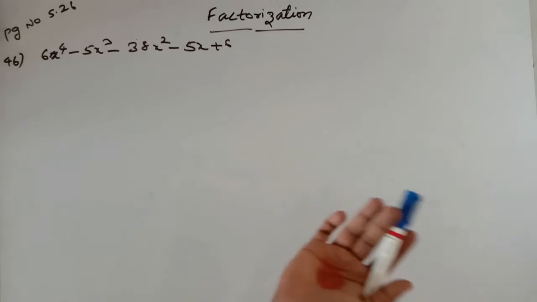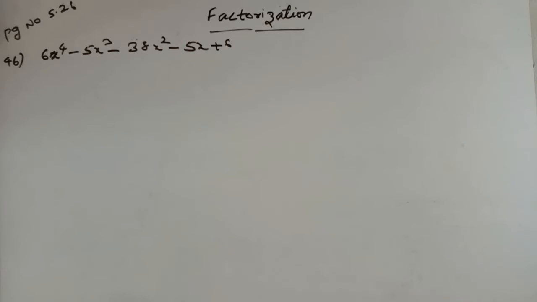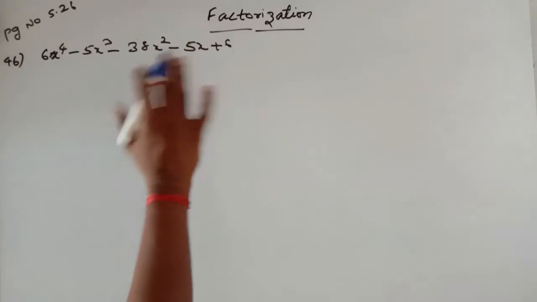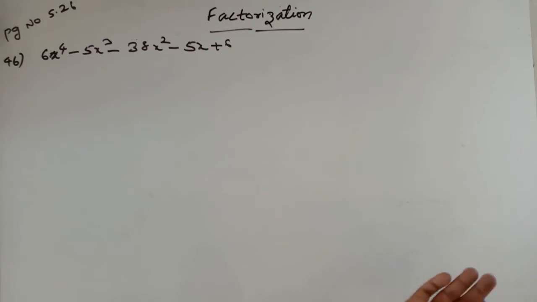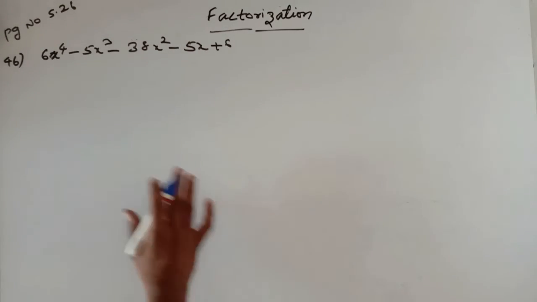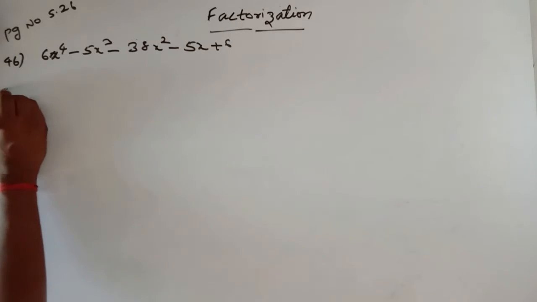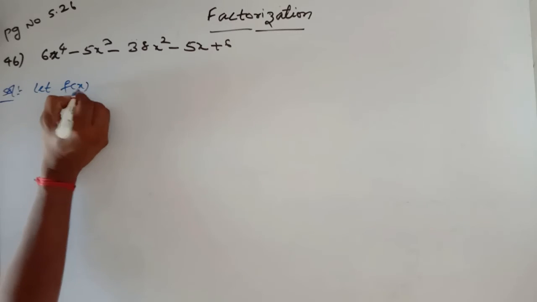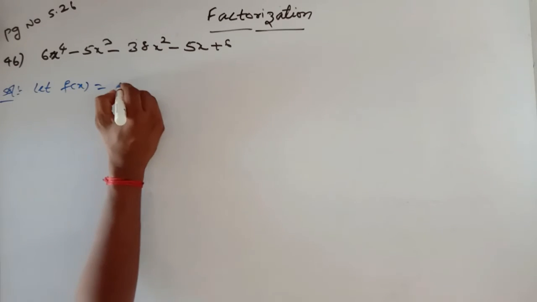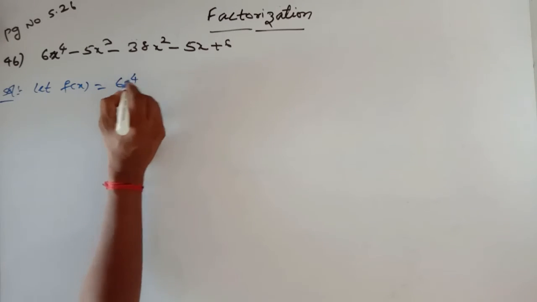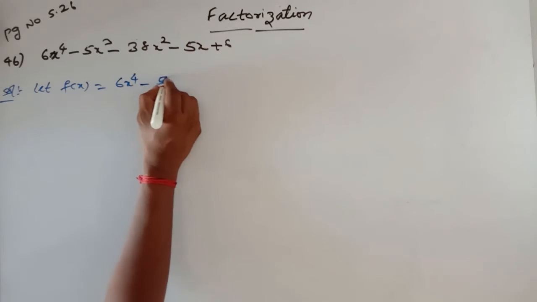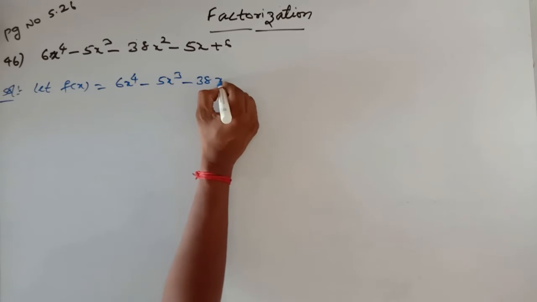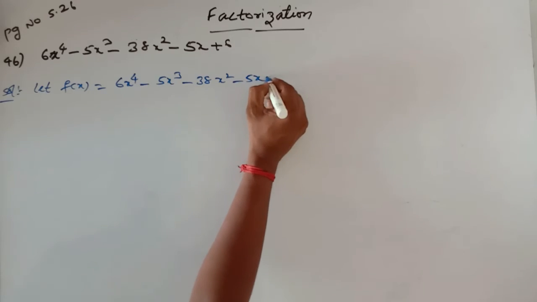So here same way I am going to assume, and by trial and error method I am going to find one factor. By using that factor, either I may do with long division method or Horner's synthetic method. So here I am taking, let f of x equal to the given term, I am going to write it in ascending order or in descending order of power x. So 6x to the power of 4, next will be x cube term, that is minus 5x cube, next is x square term is 38x square minus 5x plus 6.